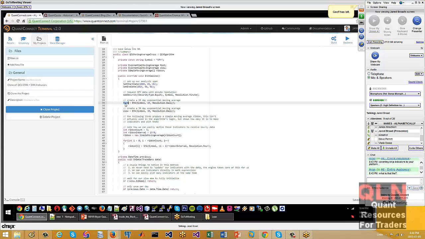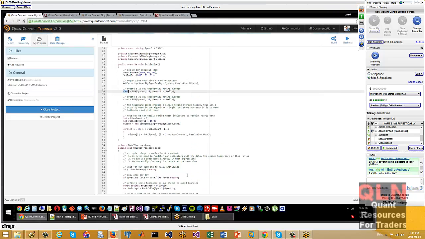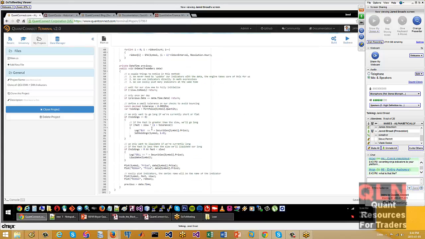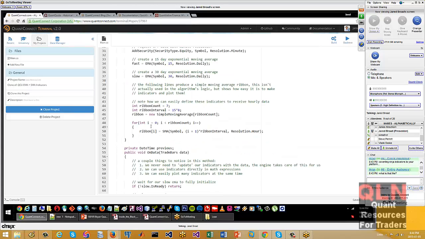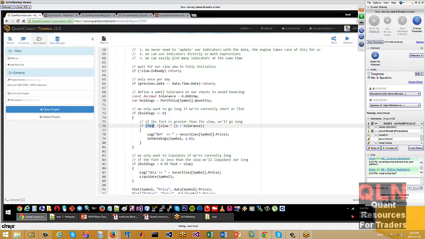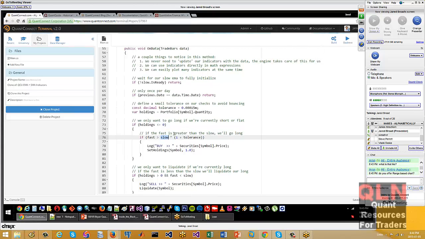And this has a decimal implicit operator, so you can do beautiful things like this down here. I don't know if you can see it, but here's the fast EMA indicator. If the fast EMA indicator is greater than the slow EMA, and that's all you need to do the moving average cross strategy.